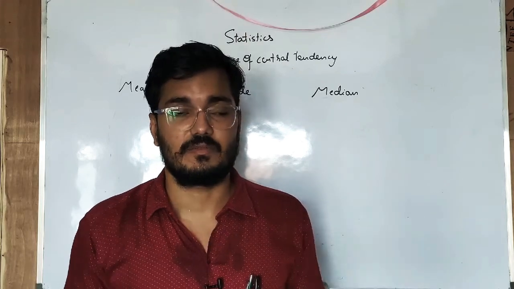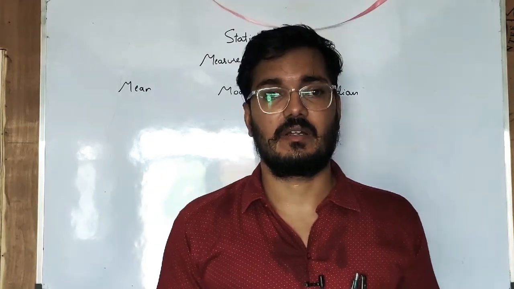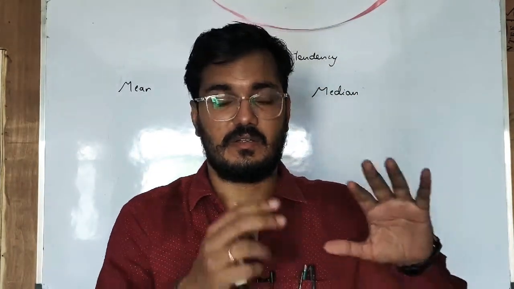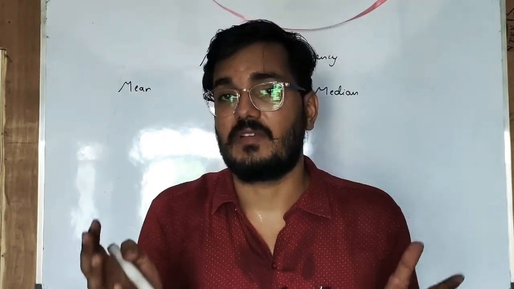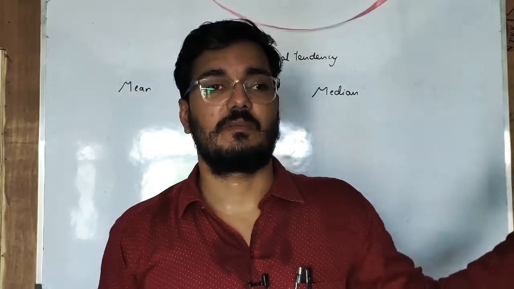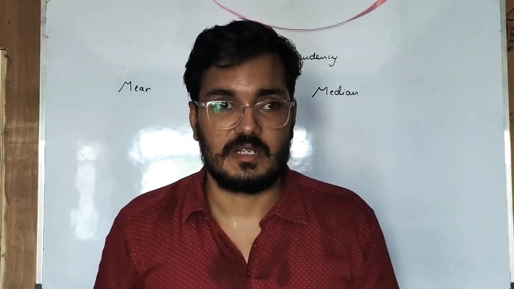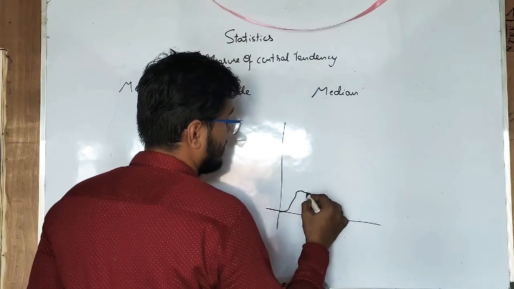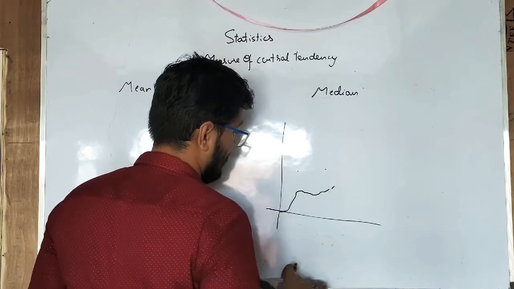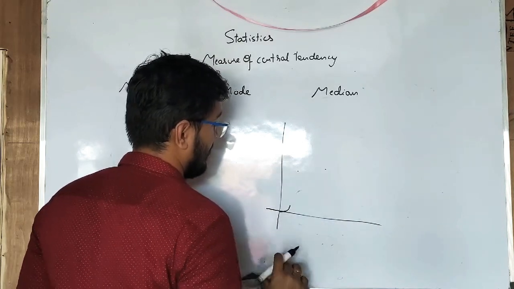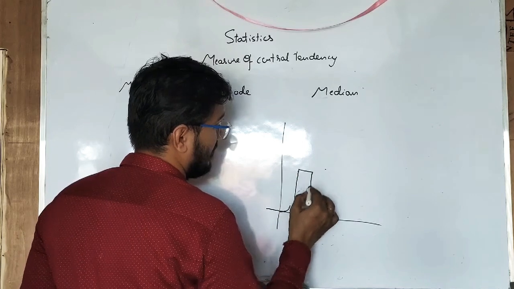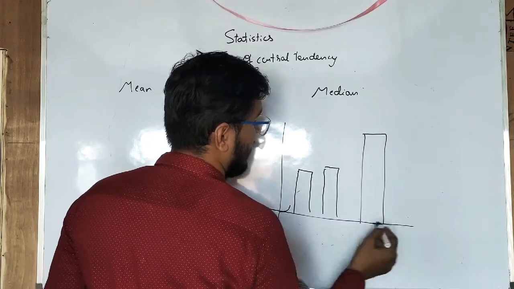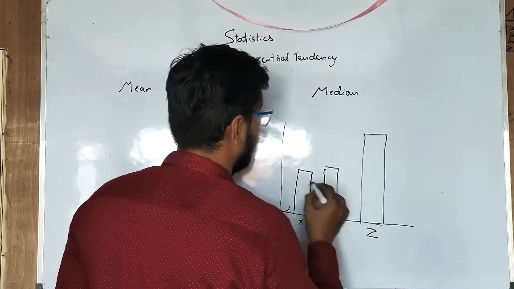Like COVID-19 is going on, this pandemic is affecting our nation and the whole world. Nowadays we get data in graphical form. In USA this many patients are there, in India this many patients are there. Using either a bar graph or a line graph we get this, like India, USA, Spain, or X country, Y country, Z country, and the number of patients.